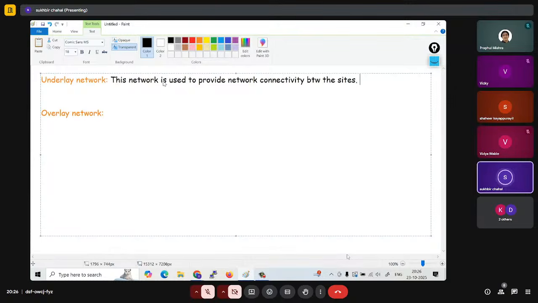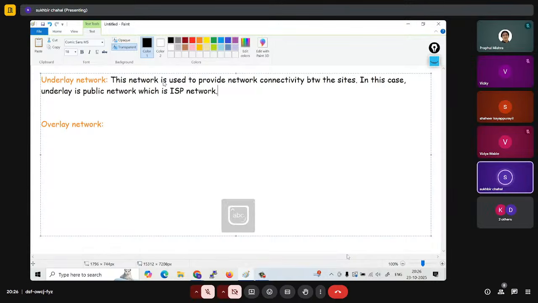So this is the responsibility of the ISP, who provides me connectivity between both sites. Okay, so underlay network is actually like a public network for me. So in this case, underlay is public network